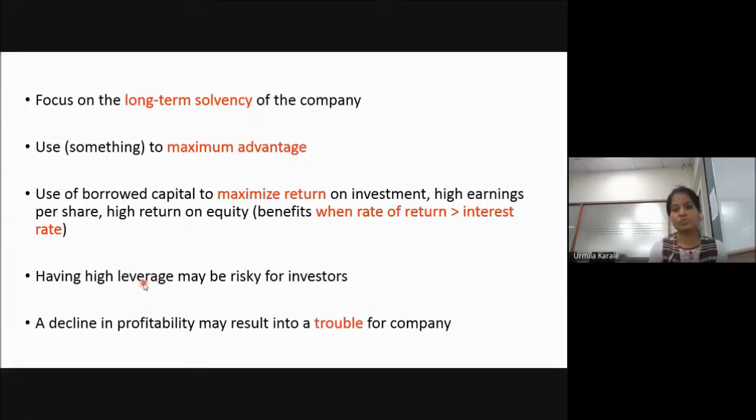Normally, there will not be any problem if the company is taking borrowed funds, but as and when profitability gets affected, you are going to face trouble. As long as profitability is good, you can take the loan and you can easily repay the loan. In normal conditions, there will not be any problem for you. But what happens when the profitability gets affected, then you will have trouble in making the payment. Suppose for the last 10 years, the company is getting so much profit. So the company has taken the loan, right? So as long as you're getting profit, it was easy for you to pay off that loan, EMIs and all that, right?